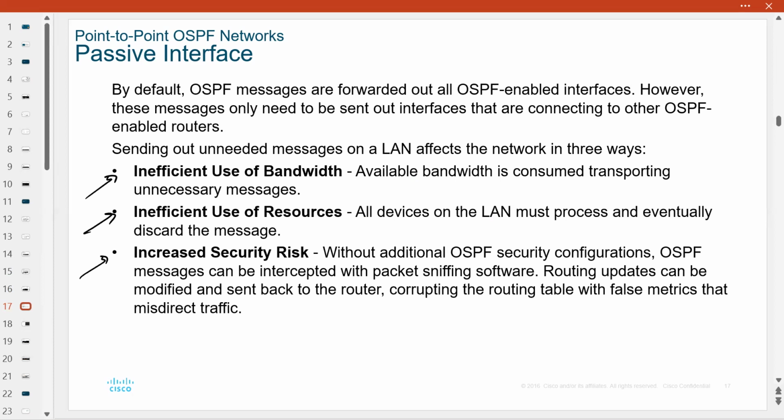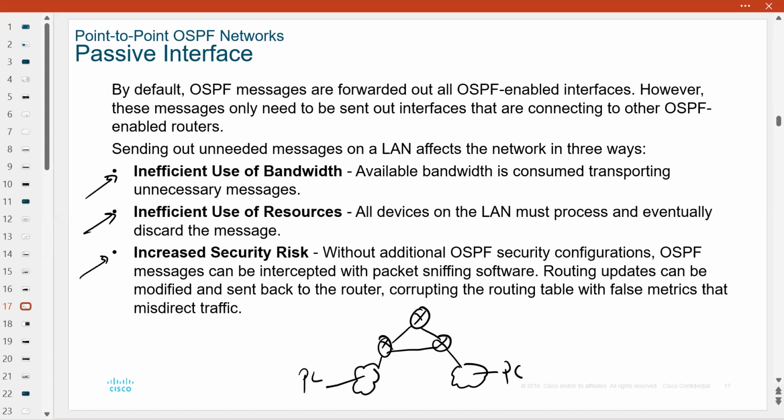risk. Right, so let's say this is our network. Here we have a LAN, so we have our PCs in here. Here we also have a LAN, and we have our PCs here. This is our network, R1, R2, R3. When we talk of passive interfaces, we are talking of interfaces that are not connected to other